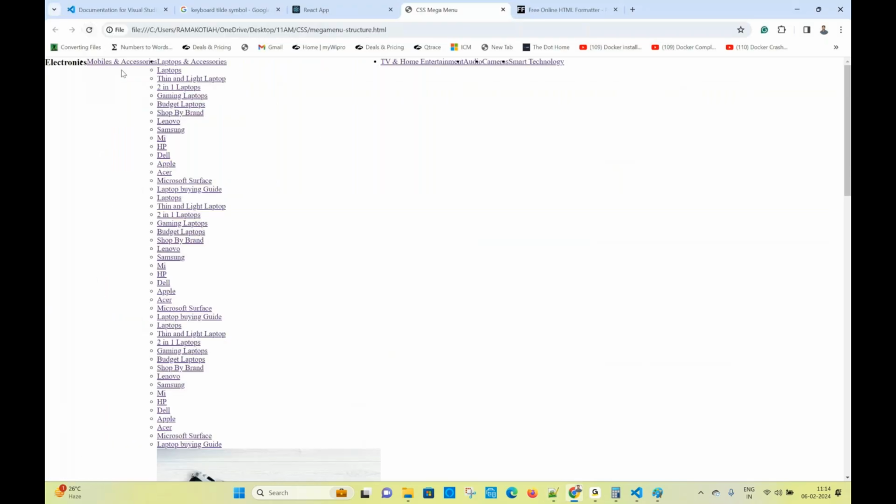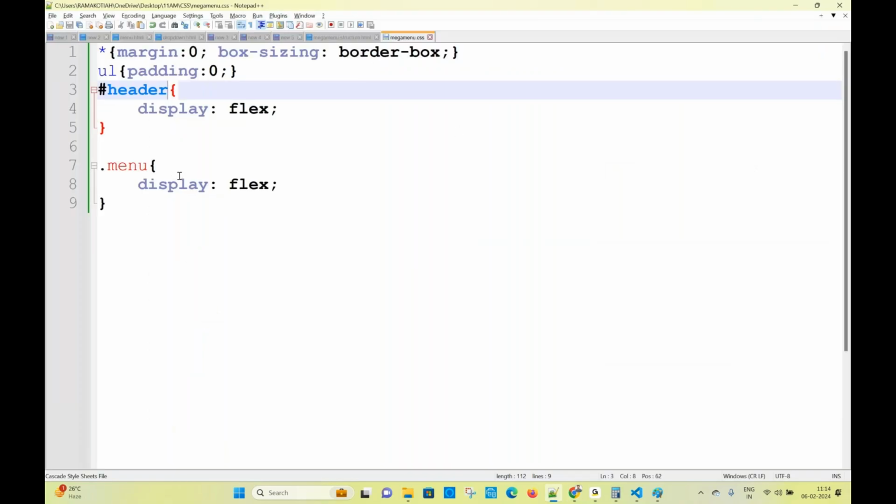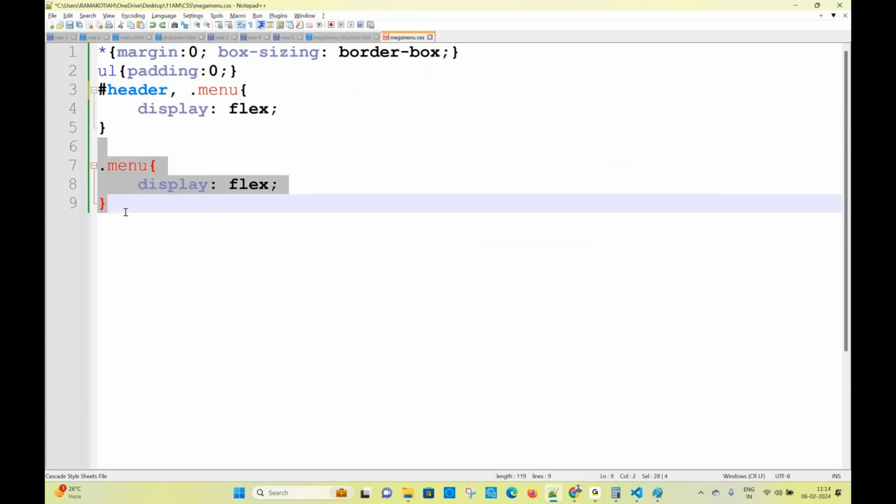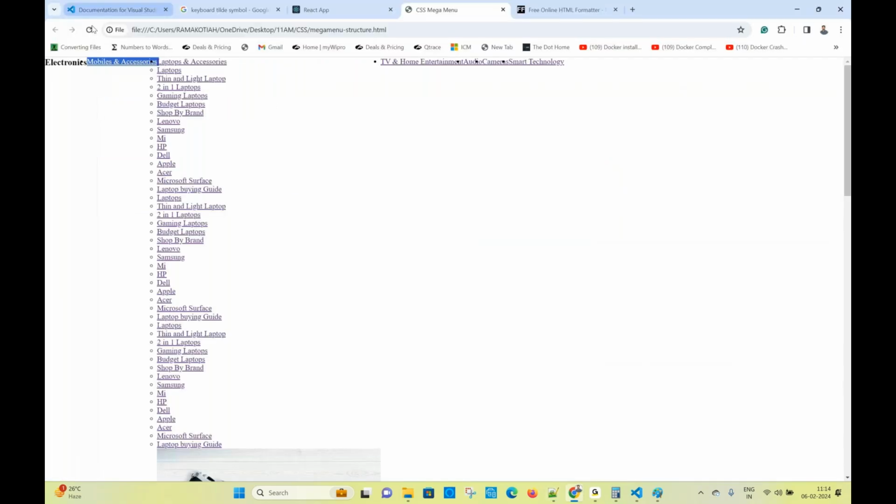See, mobile accessories, laptop accessories, TV, home, and everything, they are all coming. Okay, done. That's why you can write like this also. This is not required. Why should I write two times unnecessarily? You can see the same output is there. For that and for this, I have the same output, guys. Okay, now for these menu items,